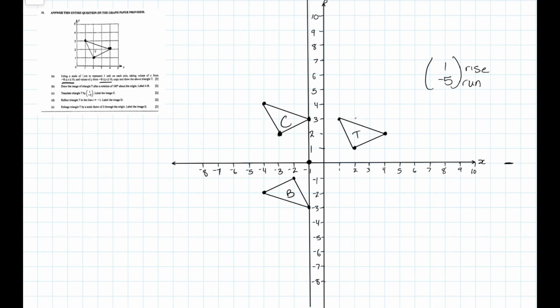So this is our point of origin that we are going to use to basically reflect the triangle. So using triangle T, we're basically going to count up to the line x equal -1 and then count the same amount on the next side of the triangle, which means it would basically be like a reflection, a face that you see in a reflection. So using this point here, we're going to count 1, 2 to get to the line -1, and then count 1, 2 again